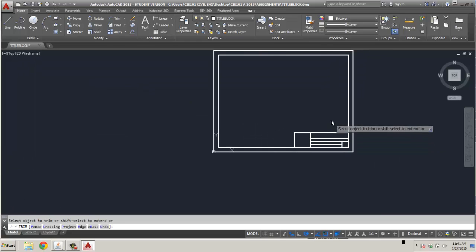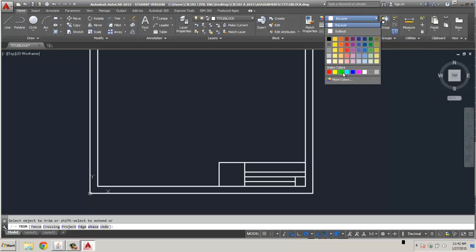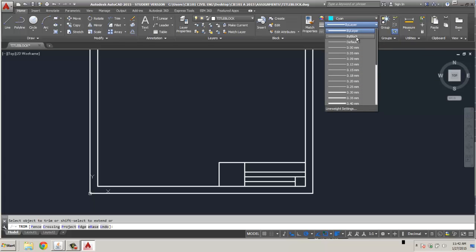Alright, so now we've got our title block set up. I'm going to change my color now to this cyan color. You want to select colors off this bottom row to identify our pen widths and tables. We'll use our index colors rather than these multiple colors up here. So we're going to use cyan. I'm going to change my line style back to the